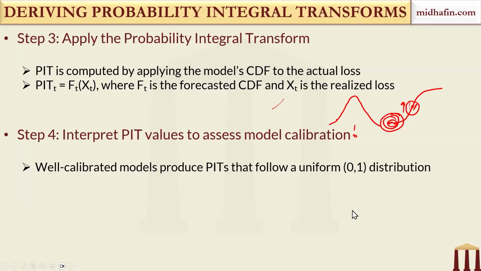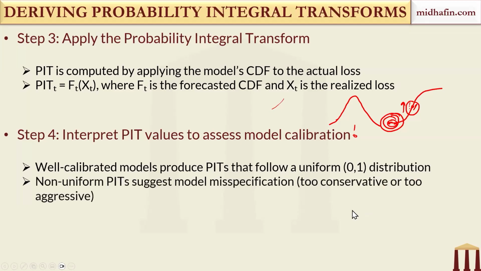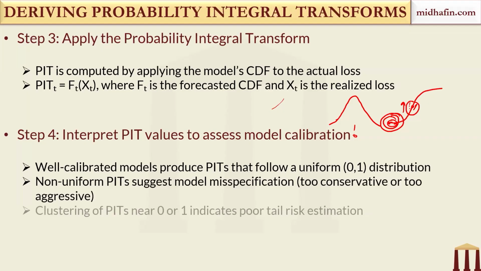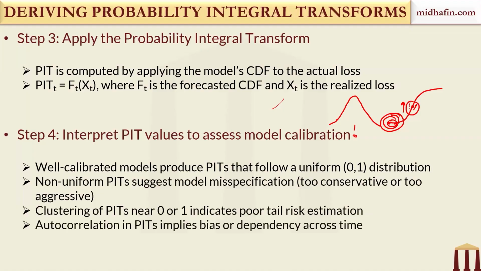Because if this is not happening, if you see too many values clustering around any number, say 0.5, it would imply that your model is too conservative, it is over predicting the losses. If you see the PITs stacking up near say 0 or 1, it will imply poor tail risk estimation. You also have to watch for autocorrelation, because if PIT moves in trends over time, it will suggest that,